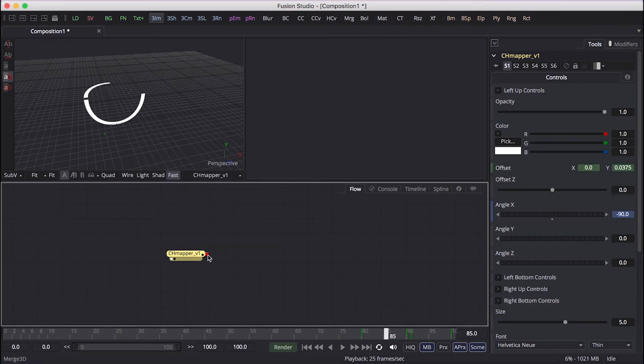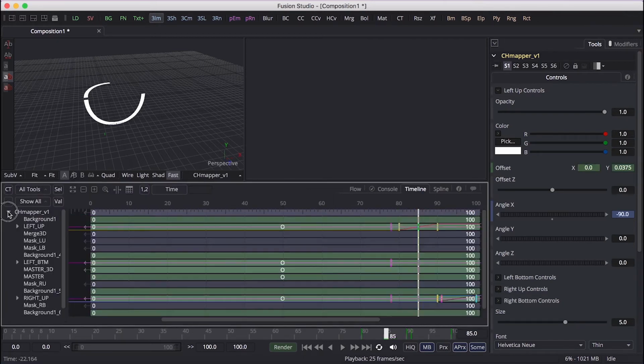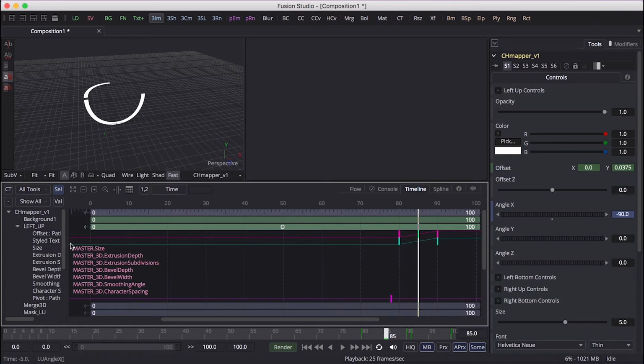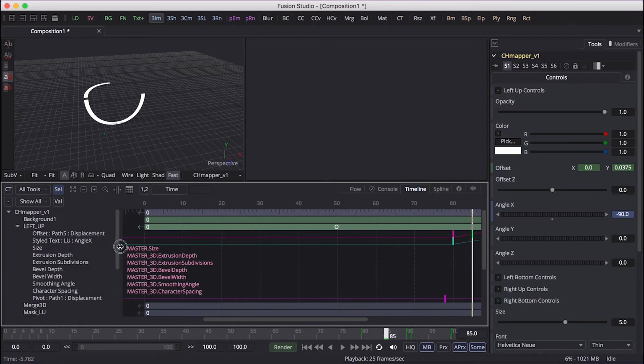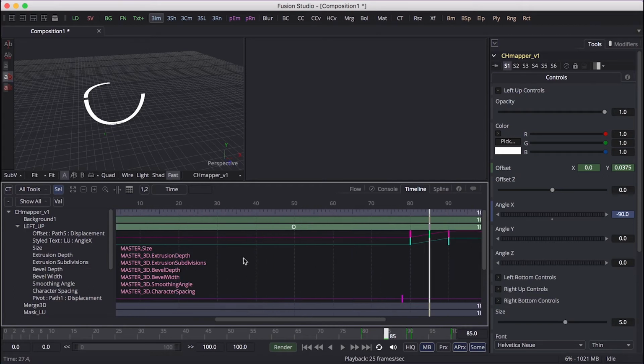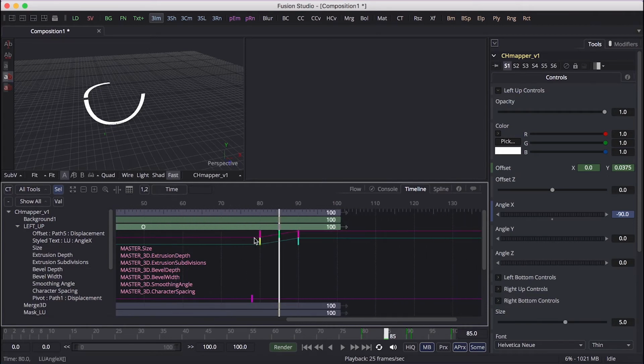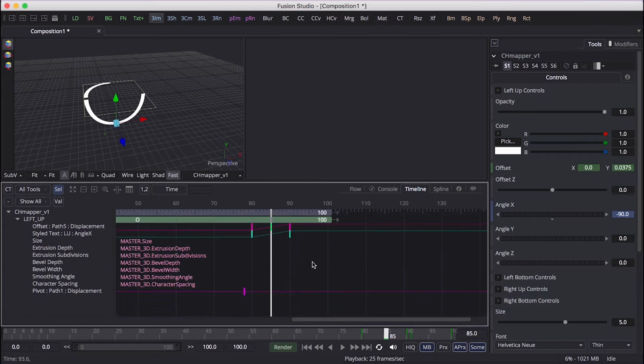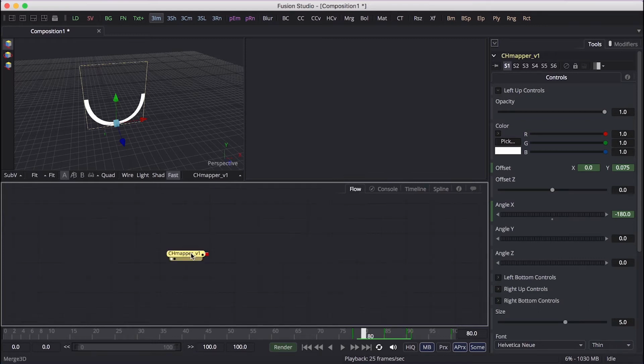If you don't like it, you can tweak it in the timeline. Like selected, this was the left up, and we used the displacement. Quite okay.